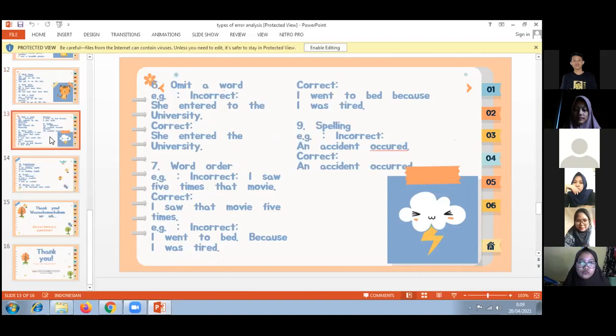Okay, continue the explanation. Six is omit a word. Example, incorrect: